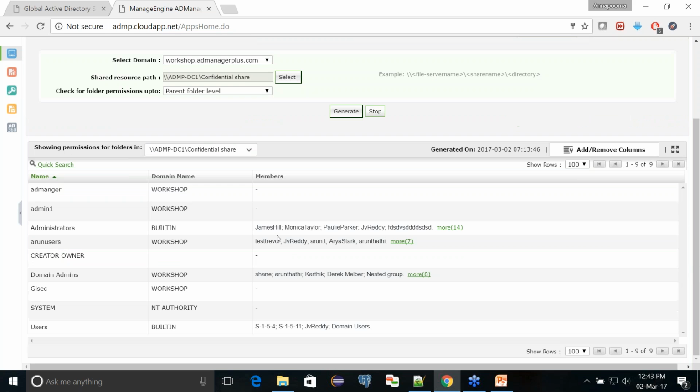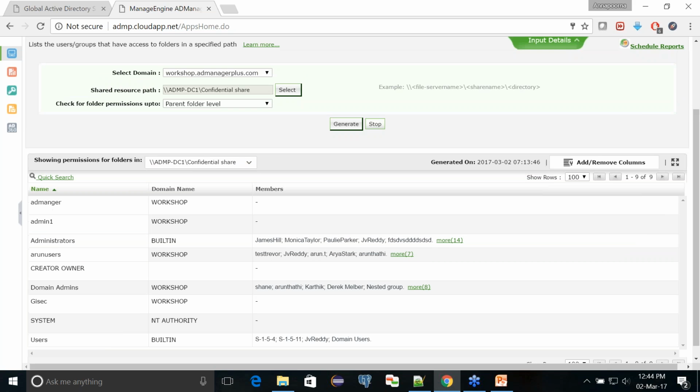Okay, so now you can see that for this folder, confidential share, there are several user accounts that have access to it, apart from administrators, say ADManager, admin1, and Arun users. This is a group, and hence this group has several members in it, say 7 more user accounts, test, Arun and all. So what I'm going to do is remove all the permissions and then provide permission for the administrators